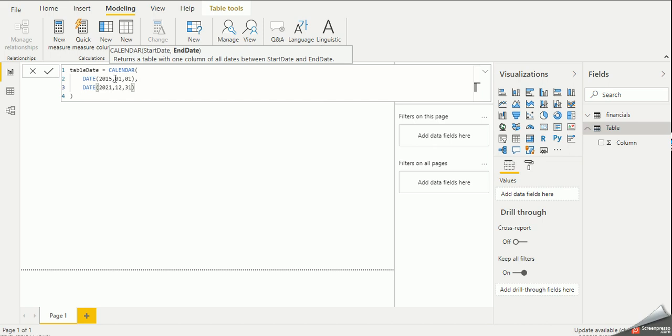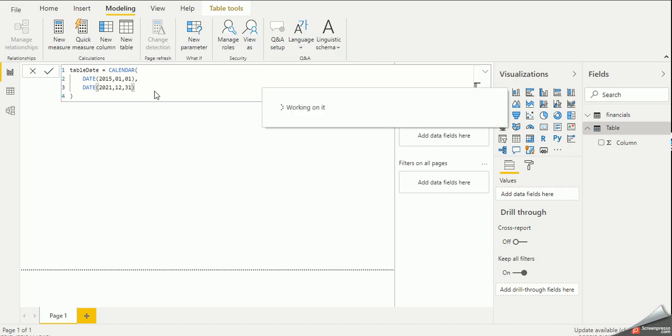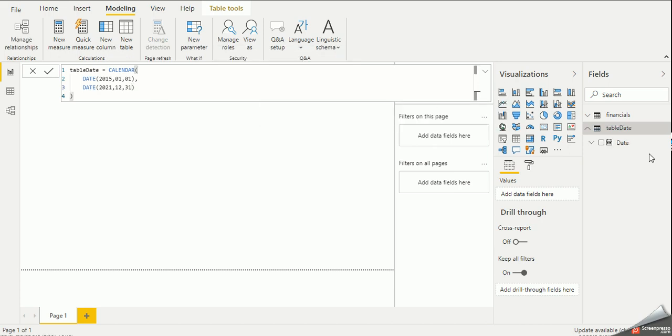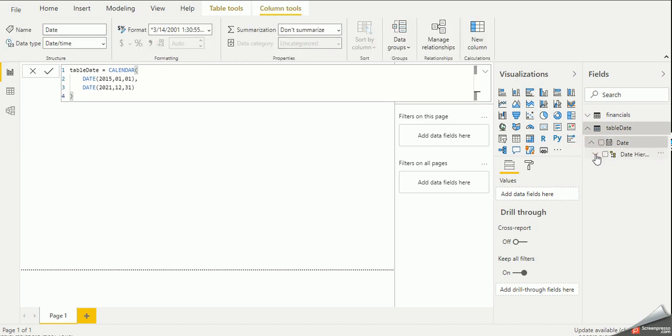Okay, so this is a complete DAX, a very simple DAX to create a table for a calendar with ranges from 2015 to 2021, start till end. So I will press enter, and you can see the table Date and date hierarchy. It has automatically created the hierarchy, and you can see year, quarter, month and day.